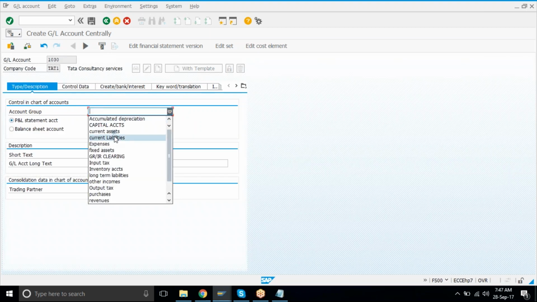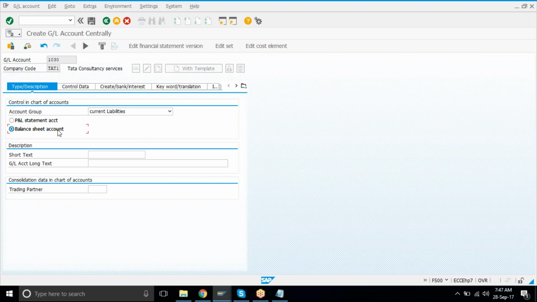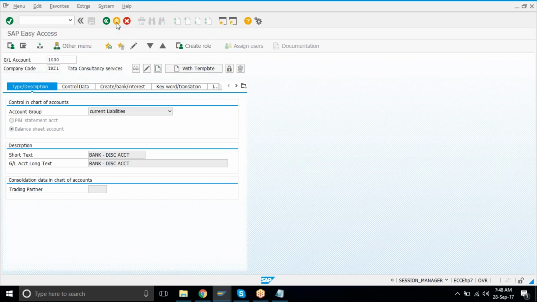Type the description, say it as current liability balance sheet account, and name it bank discounting account, and save it. So you have got all the accounts here.